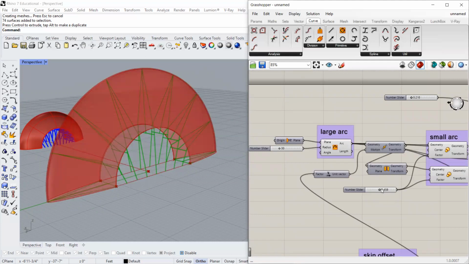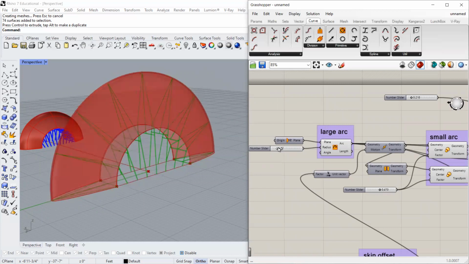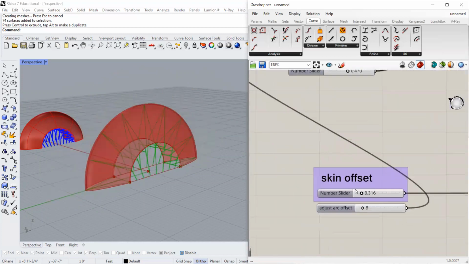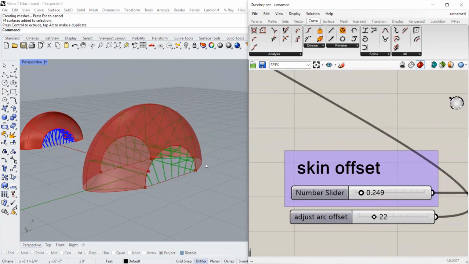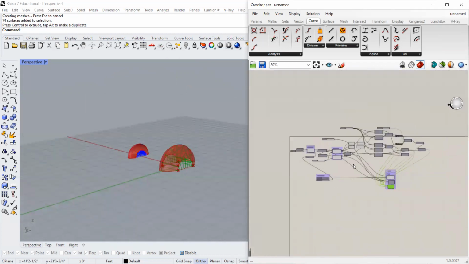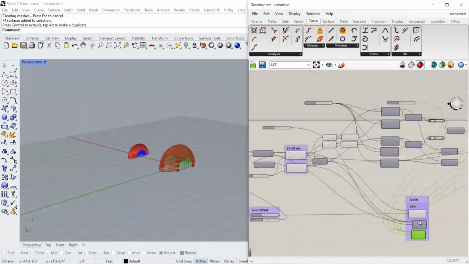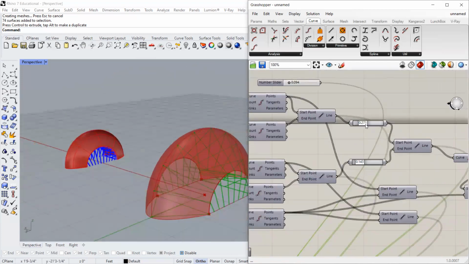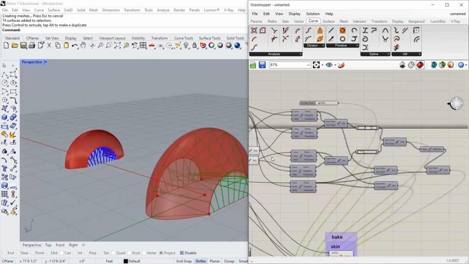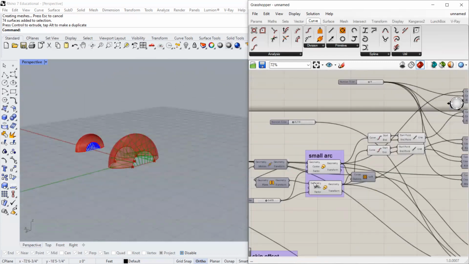I want to scale this up a little bit, or scale it down. It's getting a little weird. I could scale this back. I could change my skin offset, my arc offset, make it a little more rotund. These things are all adjustable, and I want them to be on an angle. You can start to play with the design of this a little bit